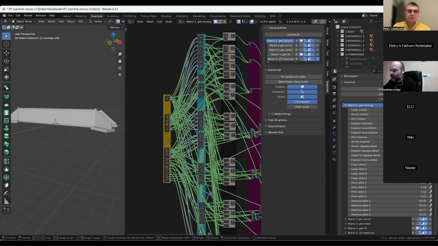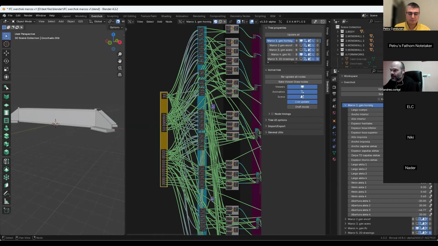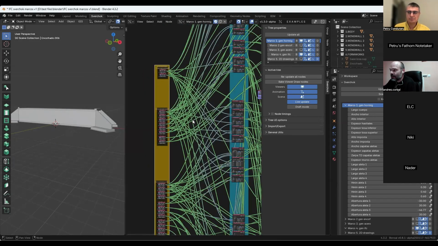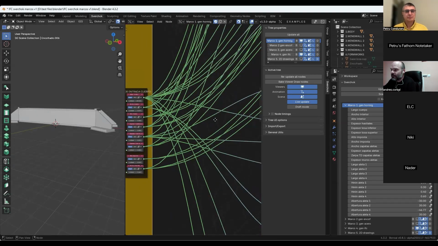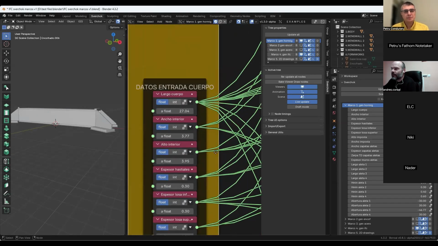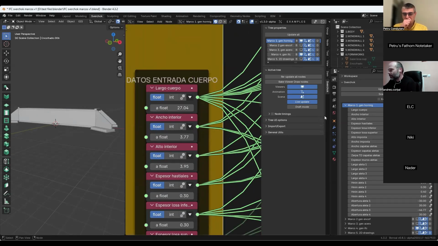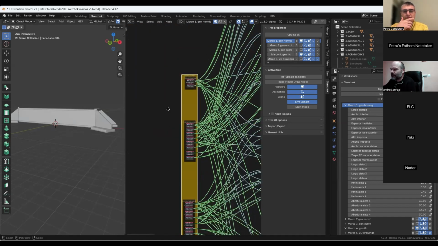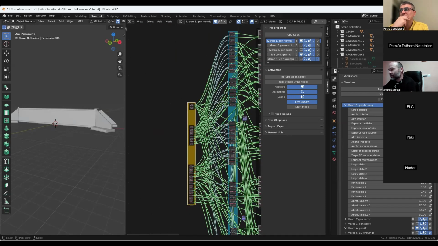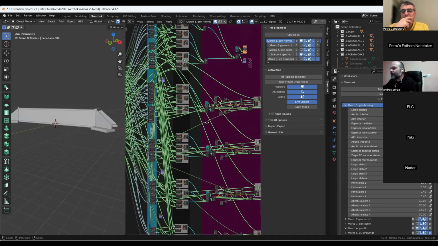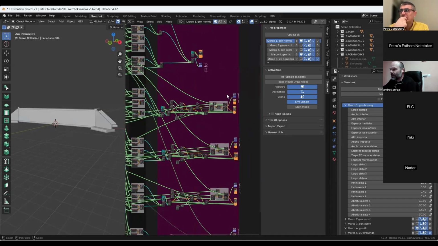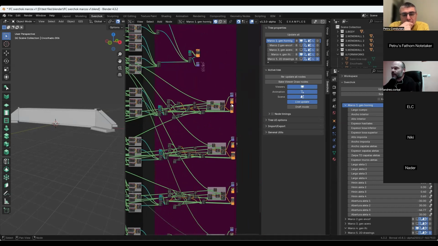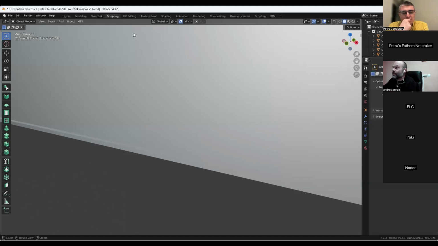And from these values, let me see closer, you have the length, the width, the height. These values you put there, and all the geometry must go from these values to all the tree. And at last you print it into the Sverchok string. You can do many scripts and combine them.